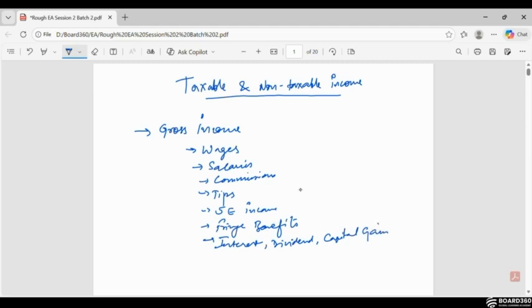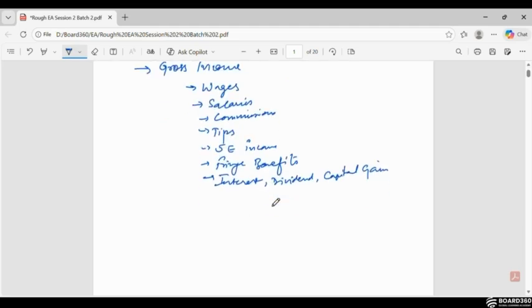So first we will calculate the gross income, adding all the income that the taxpayer has earned,